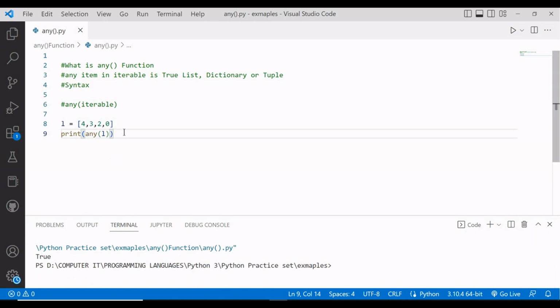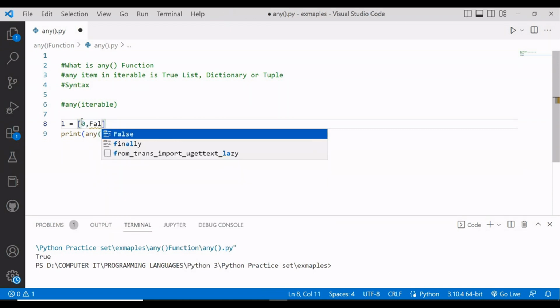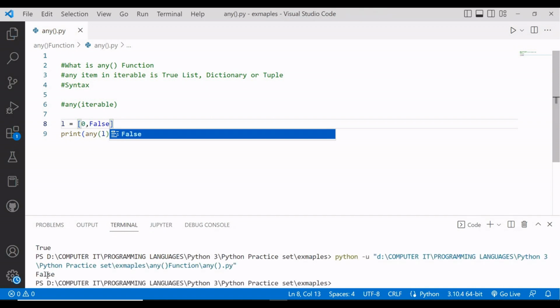So friends, if we take all items as false, let's take one as 0 and another as False, it will give an output as false. Let's see. Yes,